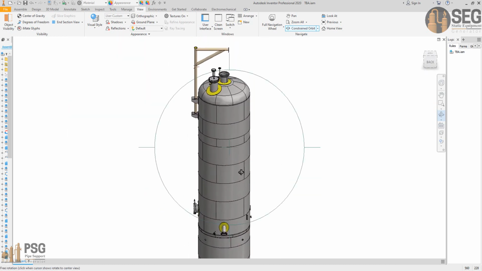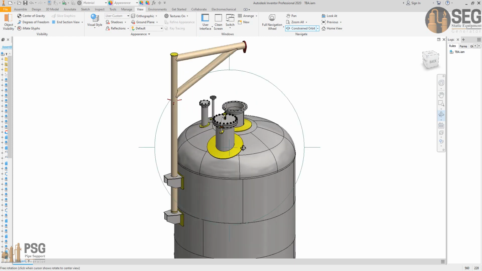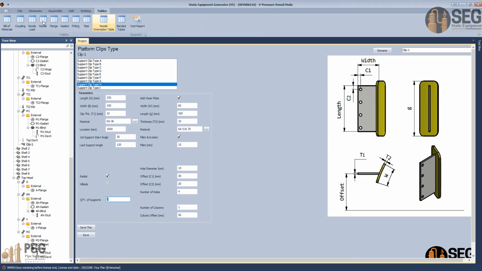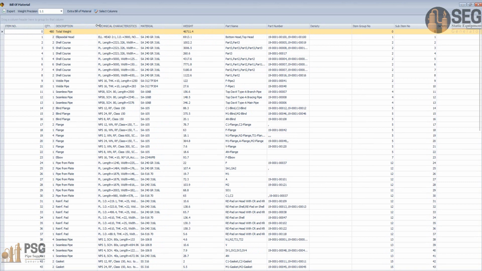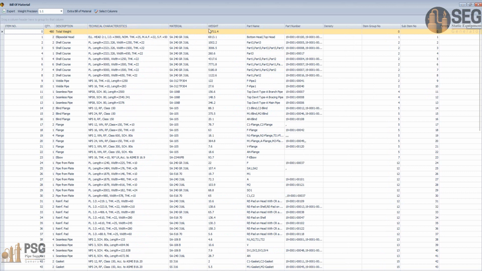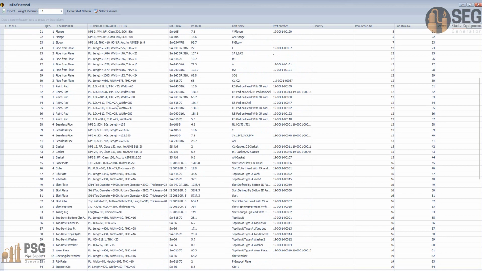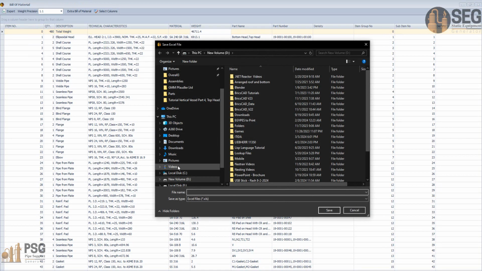Now, as you can see, in around let's say 2 hours, we generated the complete 3D model for this equipment, and you can get a detailed bill of material for your equipment from here, from SEG bill of material. And here you have the total weight of the equipment. It's around 47 tons. And you have here a list of the items. You can export this bill of material as an